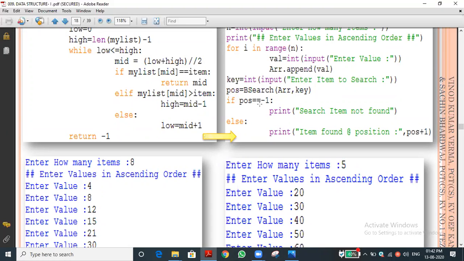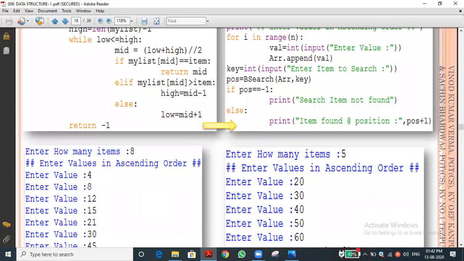If position equal to minus 1, it is not, since the position value is 3. So 3 not equal to minus 1, condition false. Then item found at position 3 plus 1, the fourth element. First, second, third and fourth element, not the index I am saying. Have you understood this one? Yes, sir.